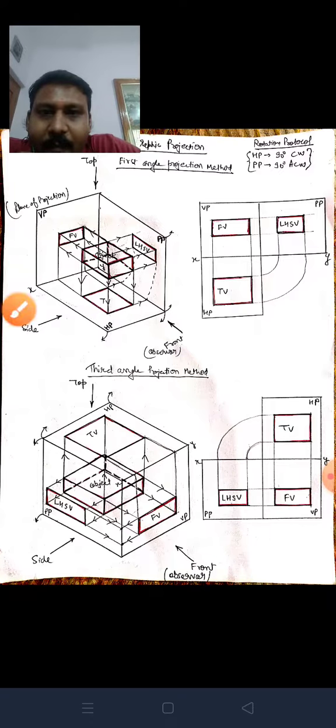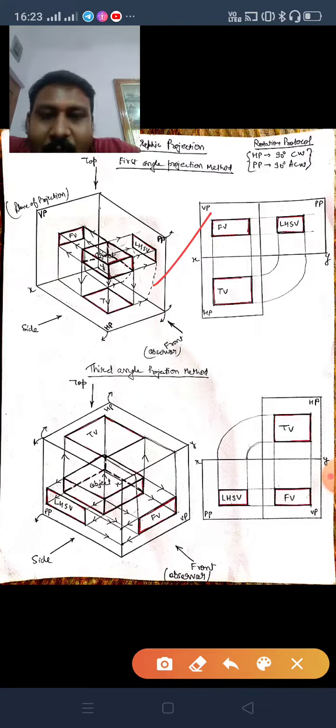Okay, this one. So here see, if you open this, this is here. So you are watching it from the side view, you are watching from the left side, and you are drawing it on the left side only. The image is obtained on the left side only. That is the left hand side view. Okay, the left hand side view is on the left hand side only. Here the left hand side view is on the right side. Here the left hand side view is on the left hand only. Similarly, if you watch the right hand side view, it will be drawn on the right hand only. Here if you see the right hand side view, it will be drawn on the left hand. Okay, so this is the difference between first angle and third angle. One more thing, one more observation.